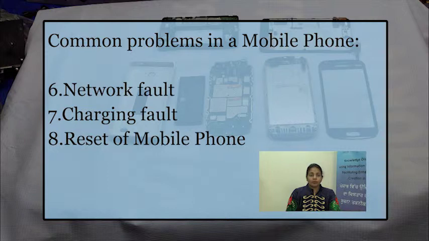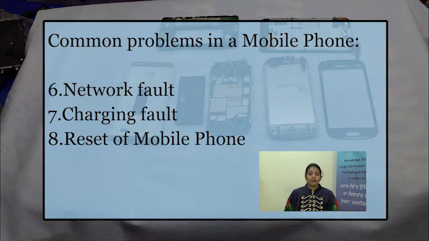Next is the network fault. If there is no network in the mobile or you are not getting network signals, then just go to the call settings and search for the network manually. No network means your antenna switch is faulty. If the network comes but the home network could not be selected, then the PFO is faulty. Clean the antenna tips and antenna point. If the problem continues, then change the antenna switch. If the problem still occurs, then change the PFO. Lastly, if nothing works out, then you have to change the network IC or the power IC, or even the CPU has to be changed.